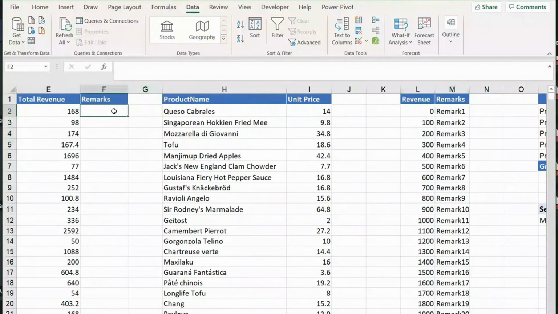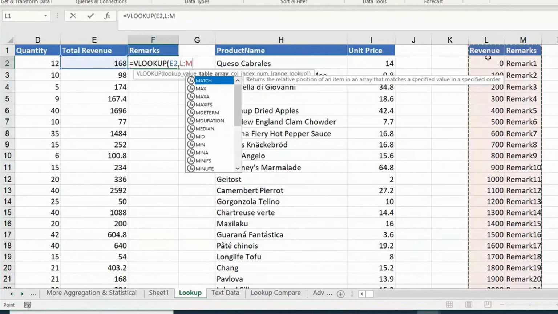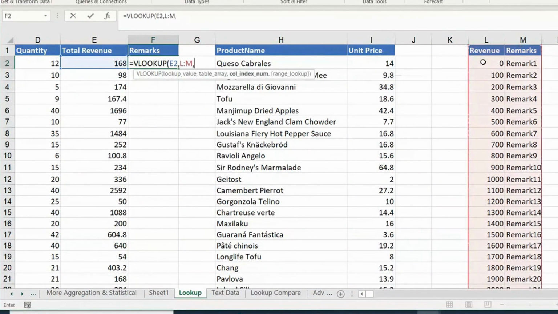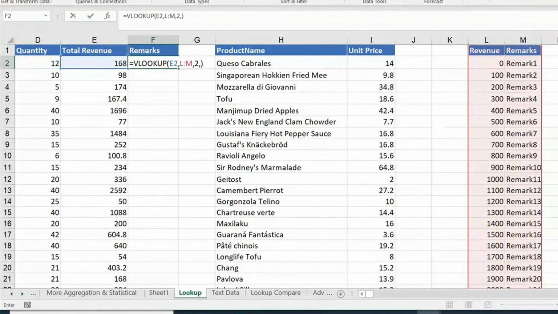Otherwise VLOOKUP's approximate match does not work. This is not the case in XLOOKUP. So in VLOOKUP, bring this value, comma, table array, the array whose first column is sorted, comma 2, comma 1. 1 is for approximate match. Close the bracket, enter. I think I missed something here.